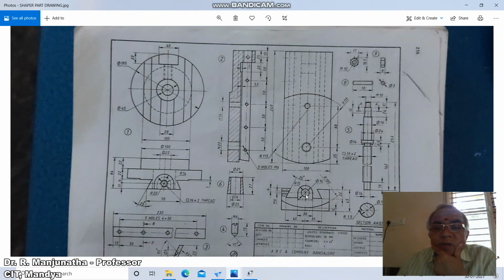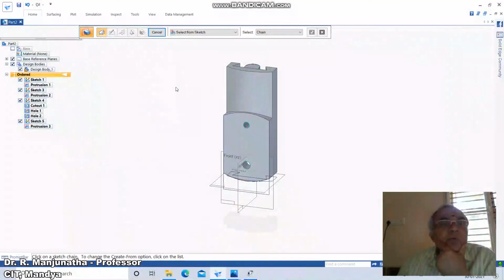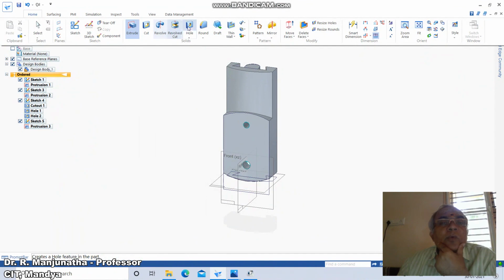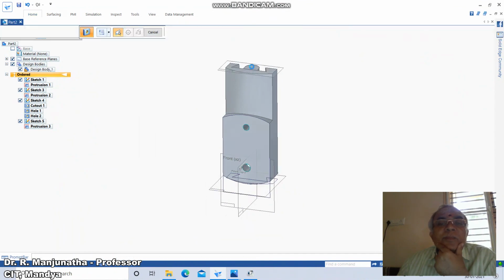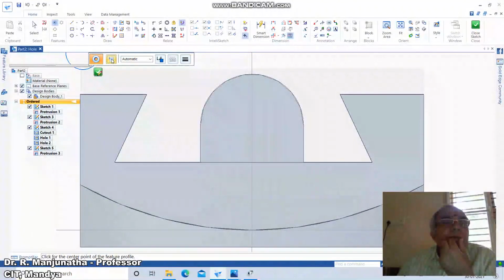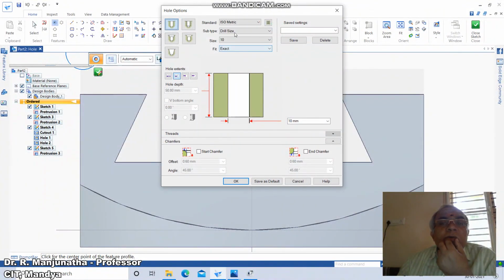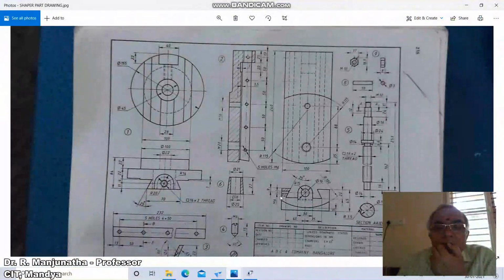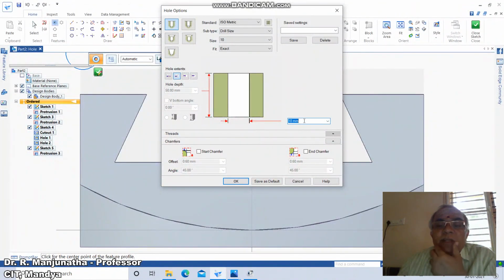So the hole portion of diameter 16. So go to home, click on hole, click on this, and then come down to the hole circle option. So here you need to create a hole of drill. So what is the diameter of the hole? The diameter of the hole is 16. So you just give 16 mm and say,